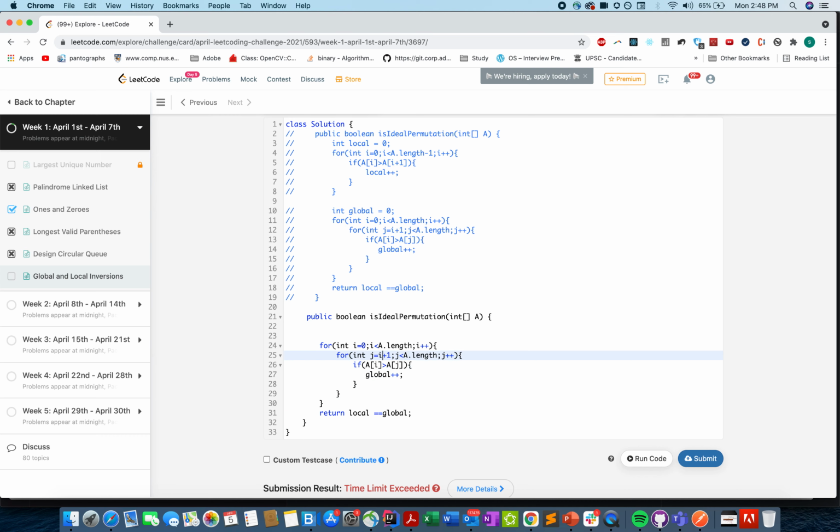And I'll be starting the jth iteration starting from 2. And if this happens to be true, then I return false from there. So this is the modification with the first approach, where we are not concerned about those indexes that are starting from I plus 1, because even if they contribute to an inversion, it will be counted in both local and global. So in the end, we'll simply return true.